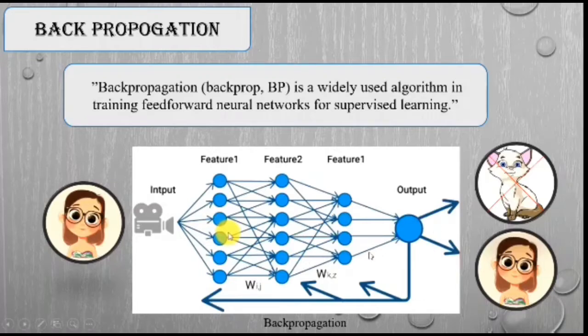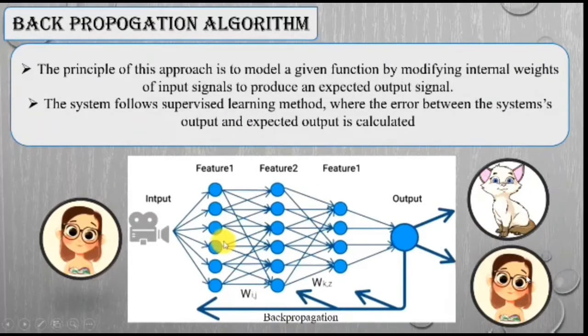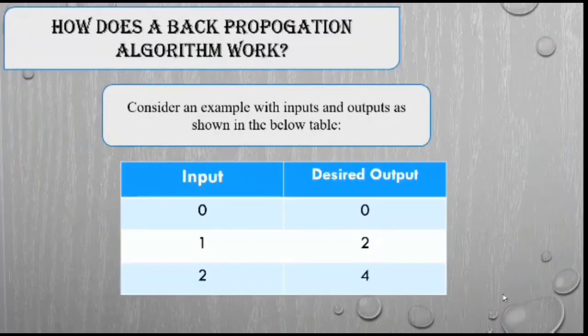But what happens with this neural network in the feed-forward propagation is it takes the input, does a bit of processing and gives an output as a cat, instead of a girl wearing glasses, which is actually an incorrect output. So to get the correct output, we need to backpropagate it and update all of these weights over here. So let me repeat again. What we do is we give the input, we feed it forward, and the given output is an incorrect output, cat. So now we backpropagate it and update all of these weights, and when we give the optimal set of weights, then we get the actual result which tells us that the input is a girl who is wearing glasses.